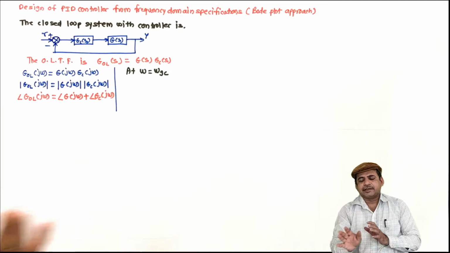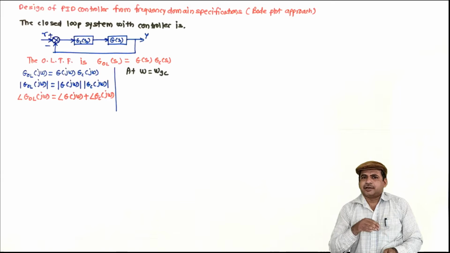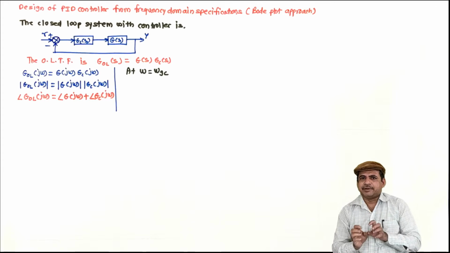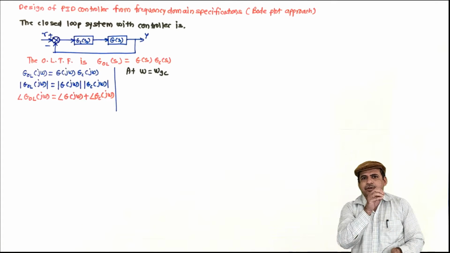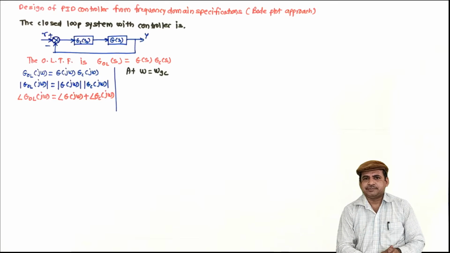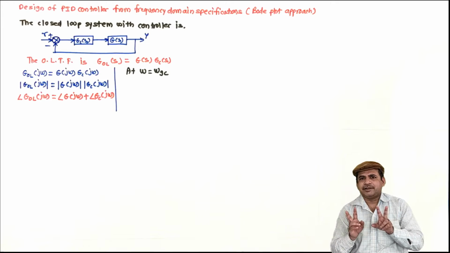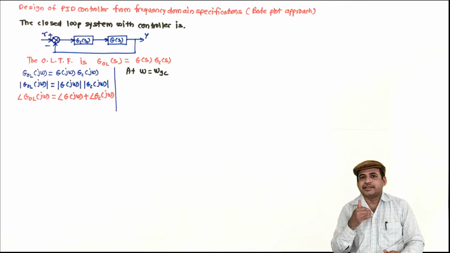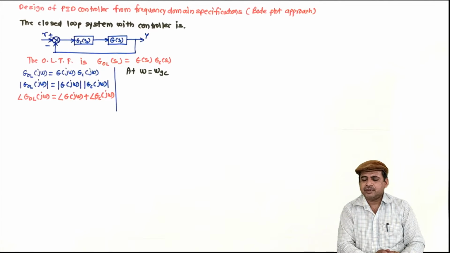Now why we are taking it? See, the controller can be designed using any two frequency domain specifications like gain margin and phase margin, gain crossover frequency and phase margin, or phase crossover frequency and gain margin. Any two. The two quantities will form two equations, and the third equation will be formed by the steady state error constant, and the three equations are enough to solve for the unknowns Kp, Ki and Kd.